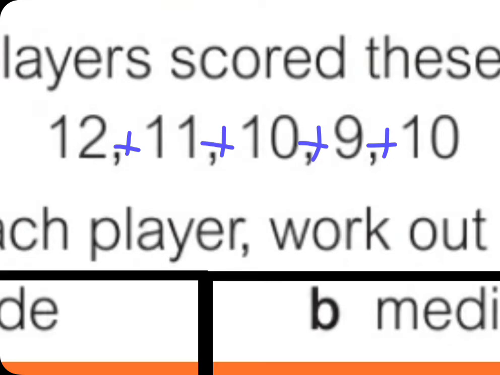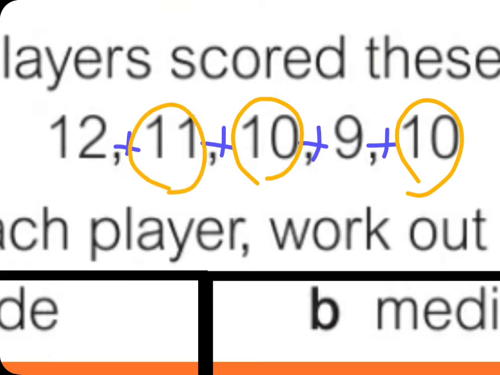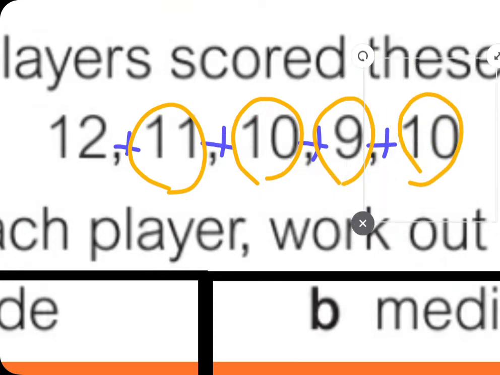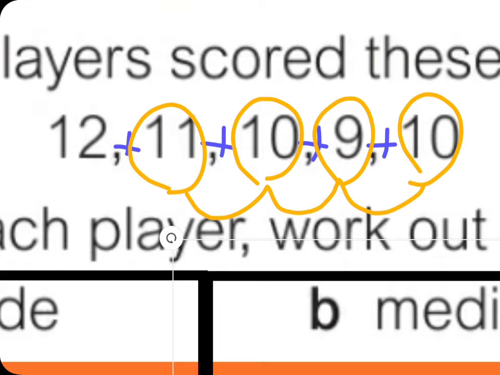Let's check in an easier way. 10 plus 10 is 20. And then we have 11 and 9 is another 20. So all of these are 40, right? These 4 are 40. Good. So we have 20 and 20. These are 40. And then 40 plus 12 equals